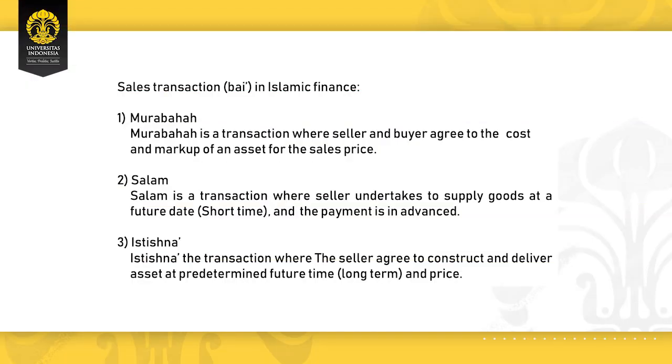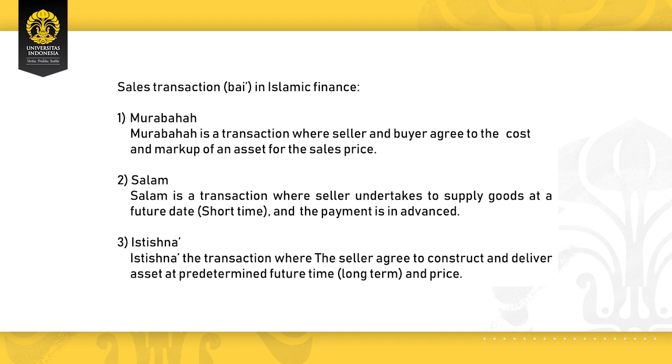There are actually three kinds of contract in sales transaction or bai in Islamic finance: Murabahah, Salam, and Istisna. Murabahah is a transaction where a seller and buyer agree to the cost and markup of an asset for the sales price. Salam is a transaction where a seller undertakes to supply goods at a future date in short term, and the payment is in advance. Istisna is a transaction where the seller agrees to construct and deliver an asset at a predetermined future time in long term